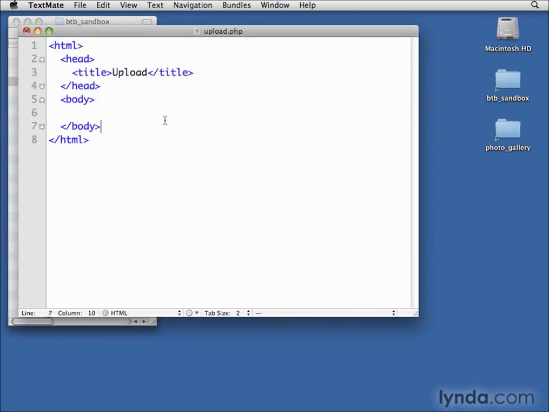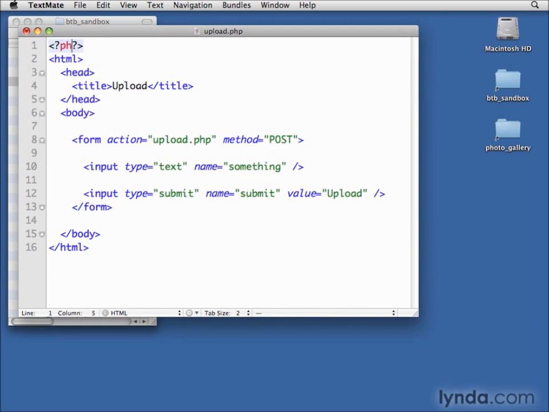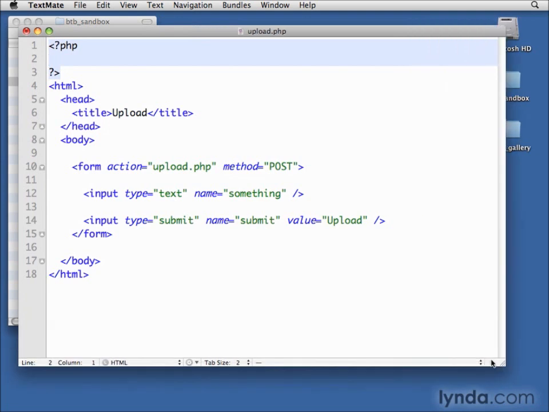Now, you're familiar with basic HTML web forms. This would be an example of a very simple web form that would be a post request. It would post back to itself, upload.php. It would send some variables in the inputs, as well as the submit button. And then what we would typically do is up at the top, we would have some PHP that would actually do the form processing before it got to the form. So now what I want to show you is how we can modify that so that it will work with file uploading. Now the first important thing that we need to add is enctype,